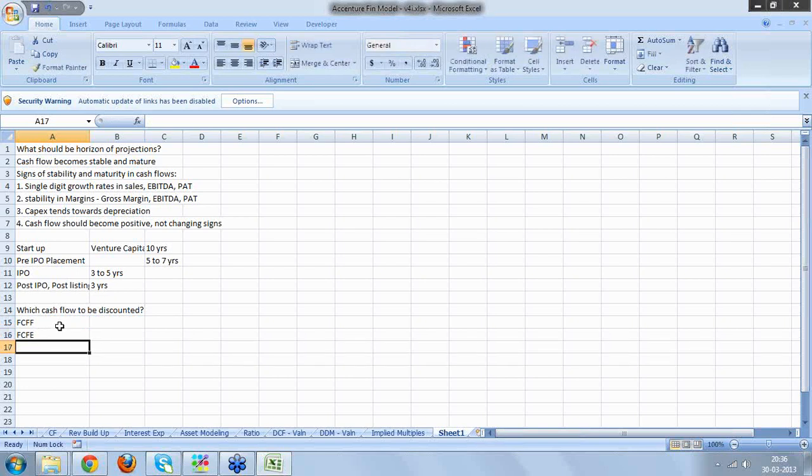I have explained the concept of FCFF in the classroom. Today I will explain FCFE. FCFE is more difficult to understand in comparison to FCFF. So let me explain FCFE first and then if required. Now FCFE, as the name itself suggests, is free cash flow to equity holder. So we need to calculate the cash flow which can be pocketed by the equity holder. So which cash flow will be pocketed by the equity holder? It's a cash flow which is free from